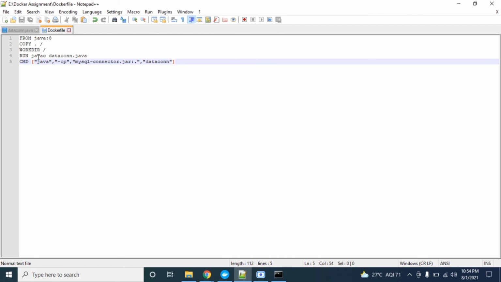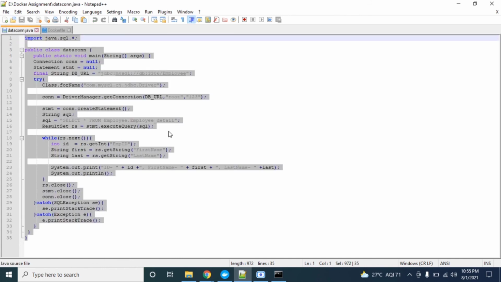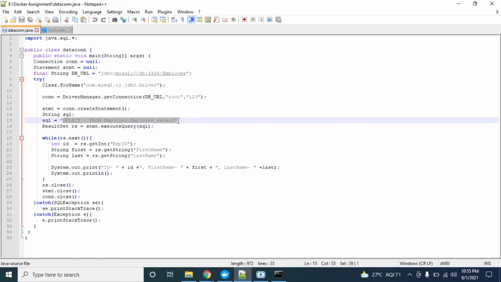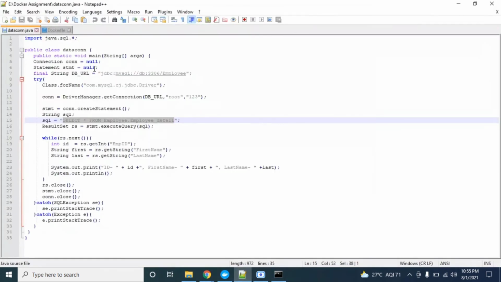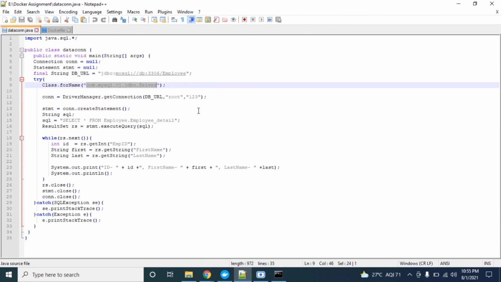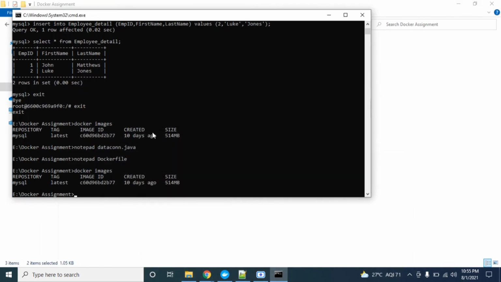From Java 8, copy, workdir, run javac DataConnection.java. This is the SQL query that we have to run. Please see that you have to make this DB URL with your container name, whatever you are giving, and the database and table name, whatever you are providing here. And this is the driver name. Everything is fine.